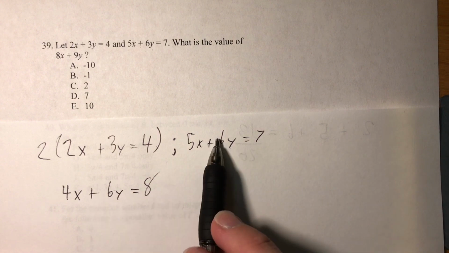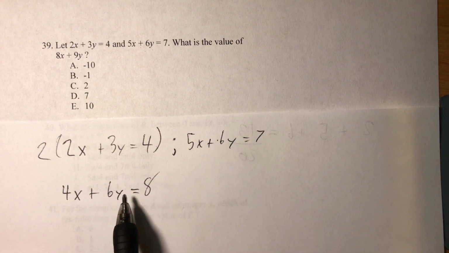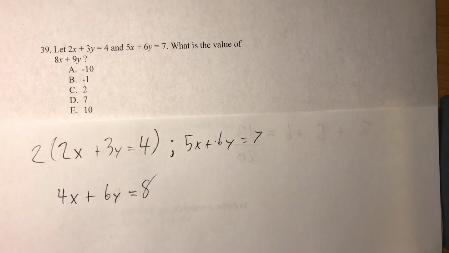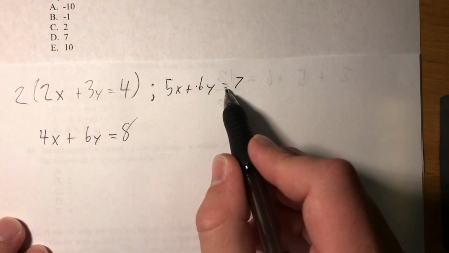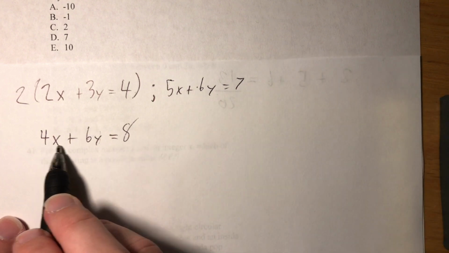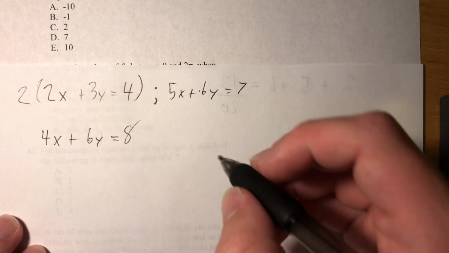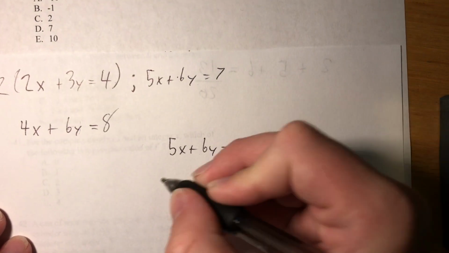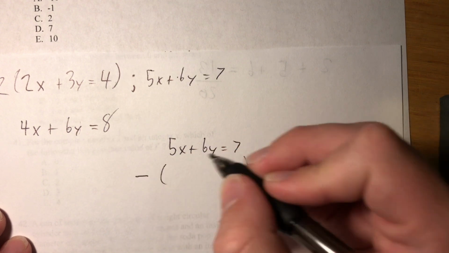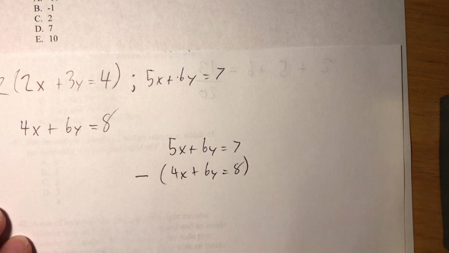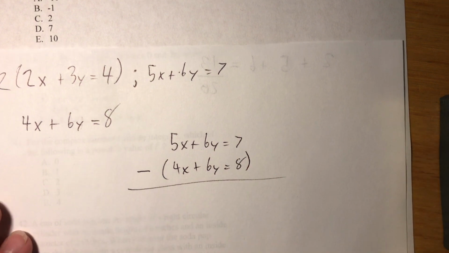Okay, and now we look at these two equations and see that these might be able to cancel out, which is really good. So we take 5x plus 6y equals 7, and we should subtract this whole equation from it. So we get 5x plus 6y equals 7 minus the whole equation, 4x plus 6y equals 8. And you do this really like any other